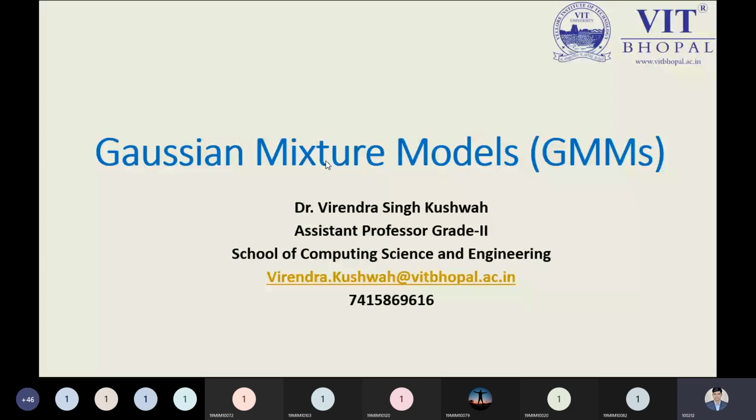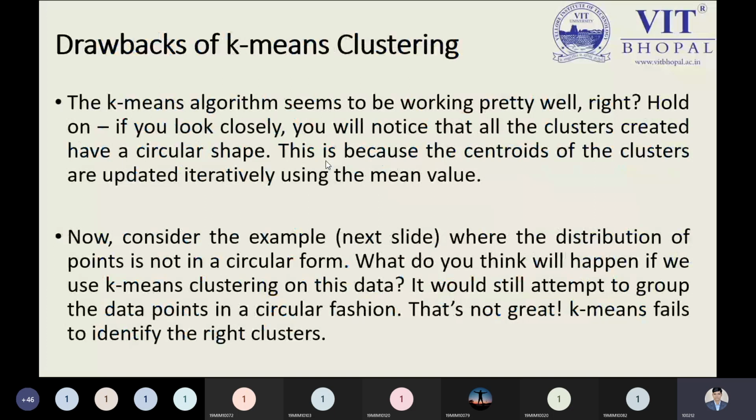If I'm talking about the Gaussian mixture model in a detailed manner, let us first understand the drawbacks of the K-means clustering algorithm. I'm going to start my lecture by describing the drawbacks of the K-means clustering algorithm. Then you will understand the concept properly. While discussing the K-means clustering algorithm, we found that